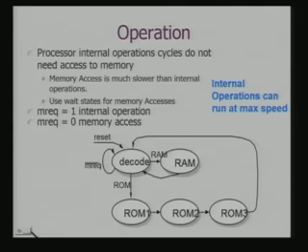How does the processor operate? Do we really need the processor to wait? Because my processor is actually a pipelined processor, there would be other instructions which can be executed while I am looking for this data from the ROM, because ROM can actually hold the instructions, the programs. So, while one instruction is fetched, other instructions are getting executed. So, processor internal operation cycles do not need access to memory, and in that case the processor performance is not going to suffer. That is something which is important.